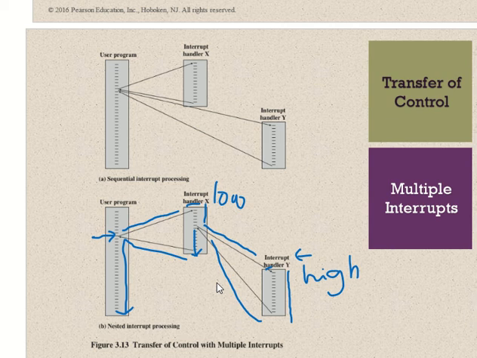Okay then, so this is the idea of the two approaches. One approach is disabling the interrupts and enabling them after you finish with the interrupt service routine, that means the handler. And the second approach is you serve the high priority interrupts. So those are the two approaches.